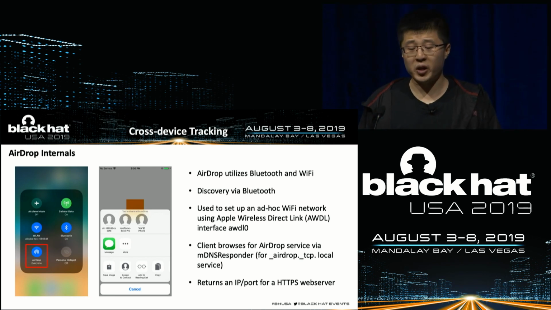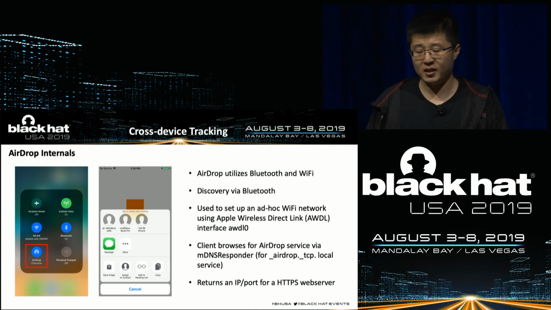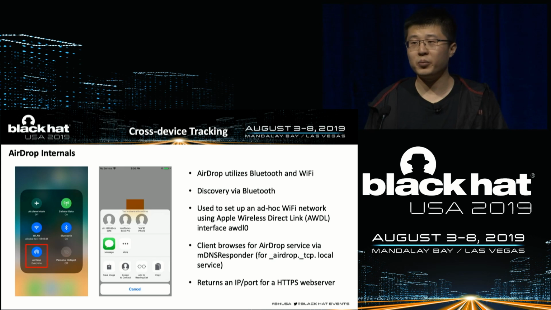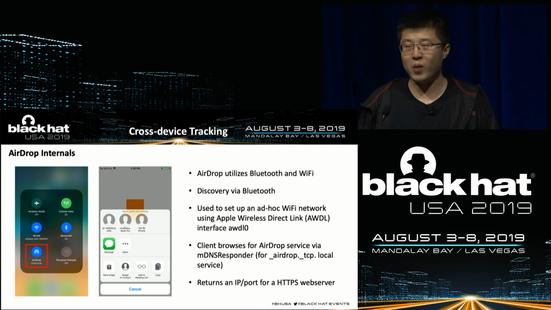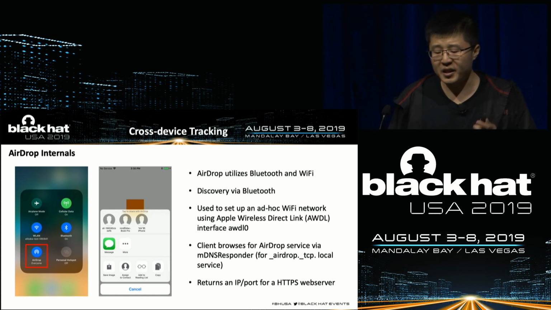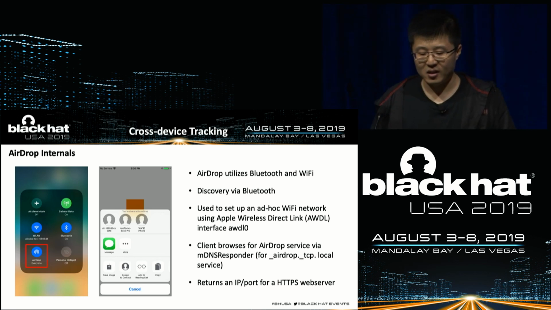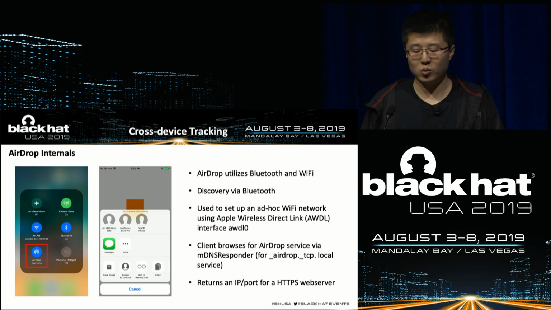In iOS, we also find another vulnerability in the AirDrop service, which can remotely link Apple IDs. Before we discuss it, let me briefly introduce AirDrop. AirDrop is an ad hoc service in macOS and iOS operating systems. It enables the transfer of files among supported MacBooks and iOS devices over Wi-Fi and Bluetooth, without using mail or